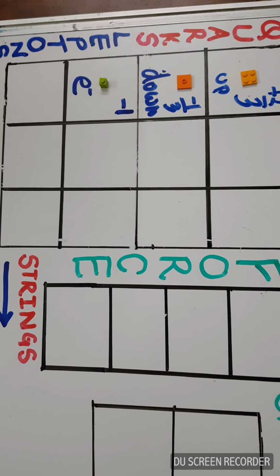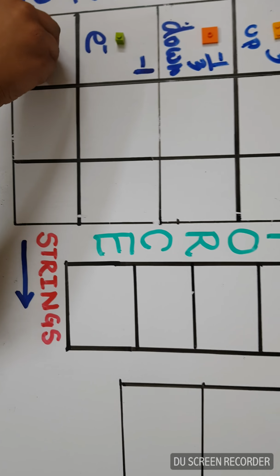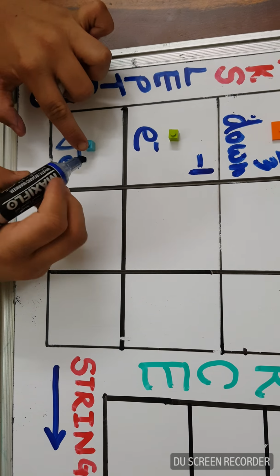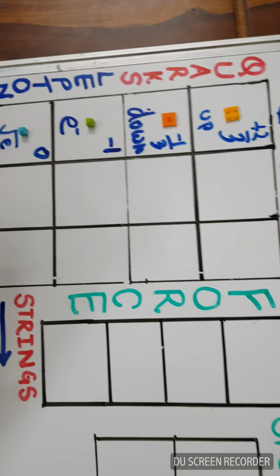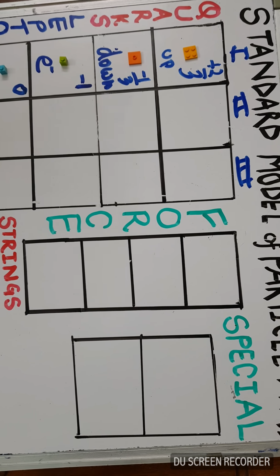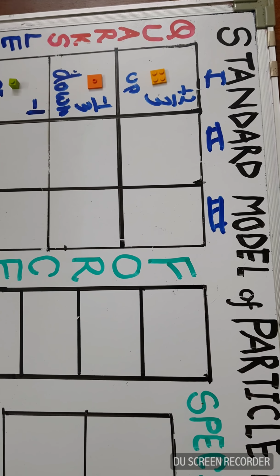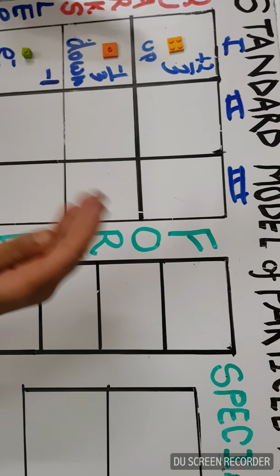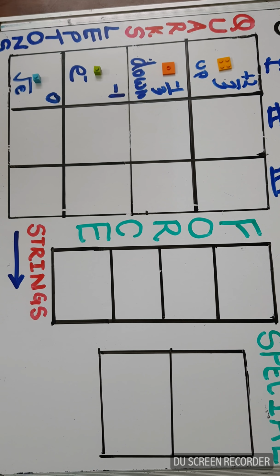Later, we also found a particle closely associated with the electron, but with a neutral charge, which we called a neutrino. So we call it an electron neutrino. Now let's talk about the second generation. The second generation of particles was actually a very interesting discovery. Why, you might ask? Because we got to know that there are not only these four particles but some more, and this is the matter particle column, and here is the fourth particle column.